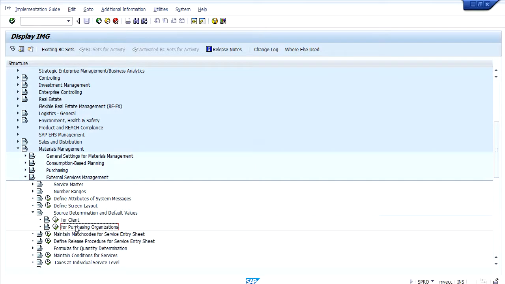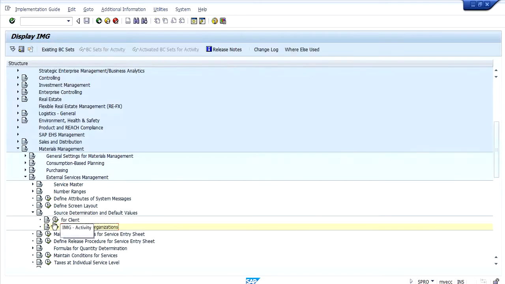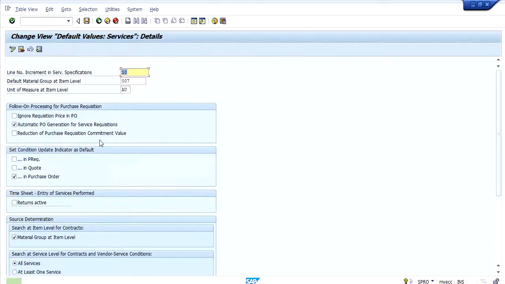Here, for client level, which means this material group is used across all the plants for a client, it is applicable.